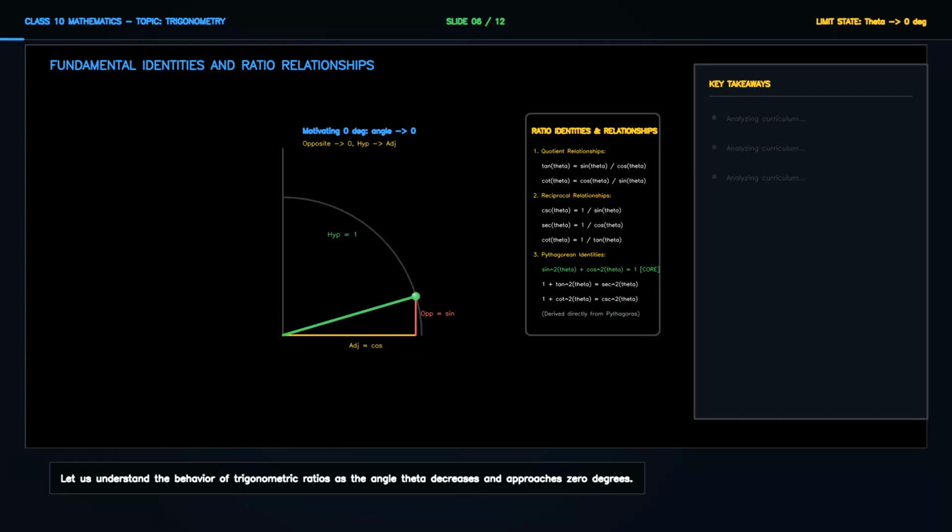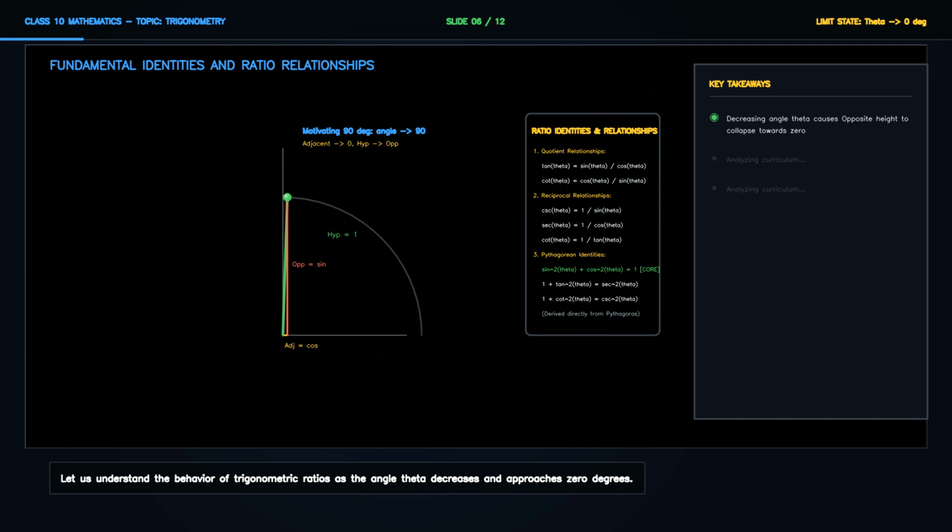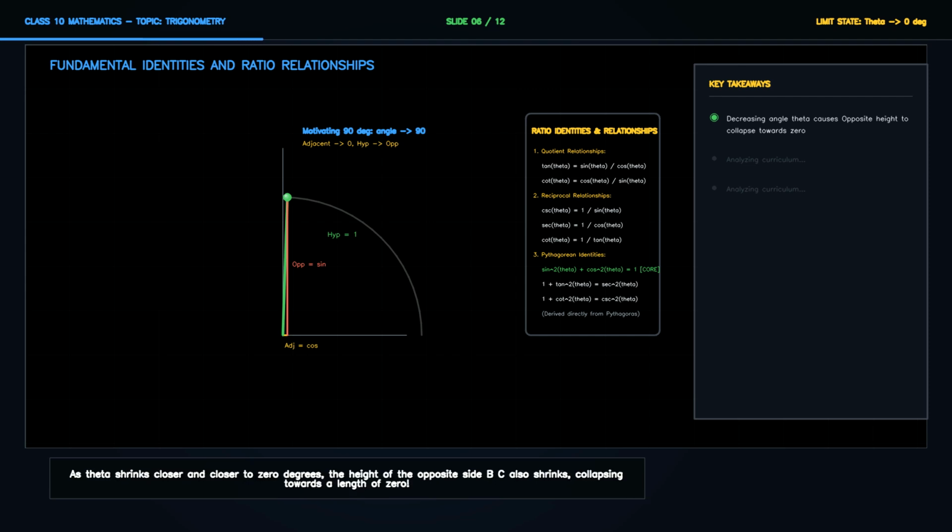Let us understand the behavior of trigonometric ratios as the angle theta decreases and approaches 0 degrees. Imagine a right-angled triangle ABC where we slowly decrease the acute angle theta at vertex A. As theta shrinks closer and closer to 0 degrees, the height of the opposite side BC also shrinks, collapsing towards a length of 0. Simultaneously, the hypotenuse AC rotates downwards, flattening out until its length perfectly matches the base segment